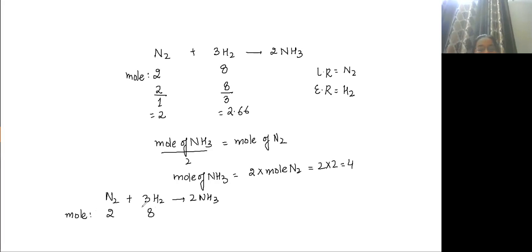With 2 moles, how many moles of H2 will react? Everyone agree with this: 2 moles, 6 moles will be formed and 4 moles of NH3 will be formed. So once the reaction is completed, what you will get? You will get 4 moles of ammonia and